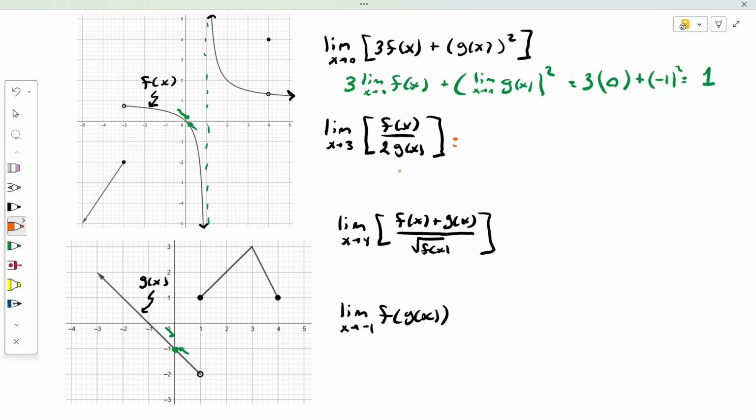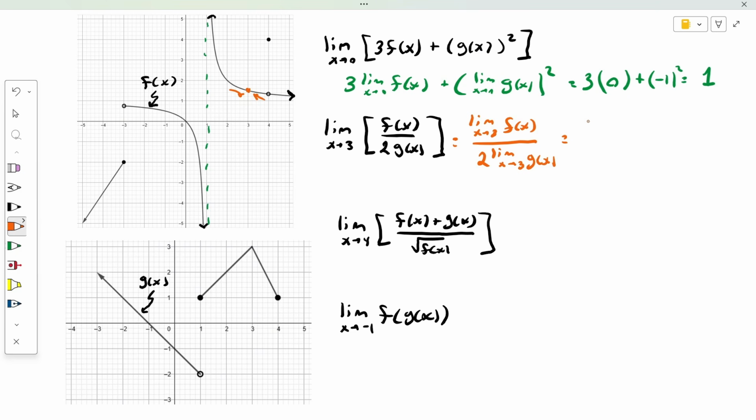In the same way, we can use the quotient rule and bring the limit to the top and bottom. In this case, x approaches 3 of f of x. And then on the bottom, we can pull out the 2 as well and say 2 times the limit as x approaches 3 of g of x. And so now let's see, what is the limit as x approaches 3 of f of x? Well, let's look at 3 here. And we see that 3 is right here, and so the two sides equal,